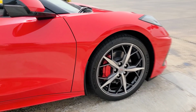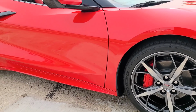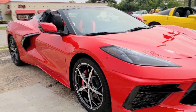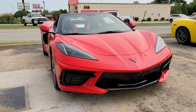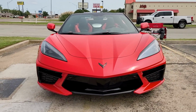The Z51 package has a lot of value in it for $5,000. But if you're not tracking the car, you don't need the Z51 package from a performance standpoint. You've got all the performance that you could possibly want in the non-Z51 car, unless you're going to go out on the track. And then you add the Z51, and then that just takes you over the top for the track,